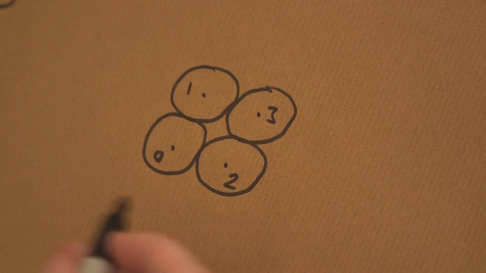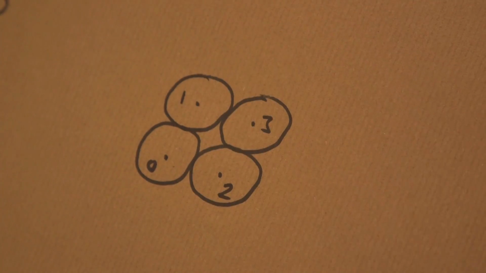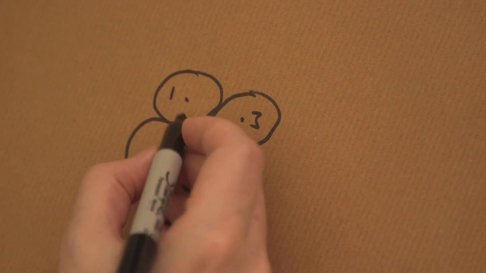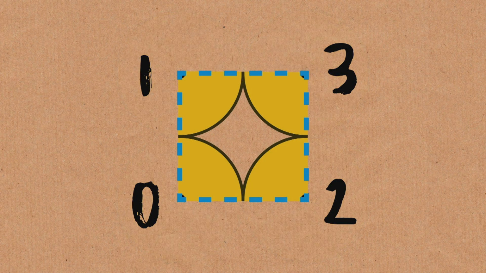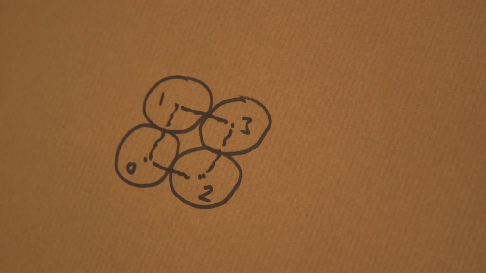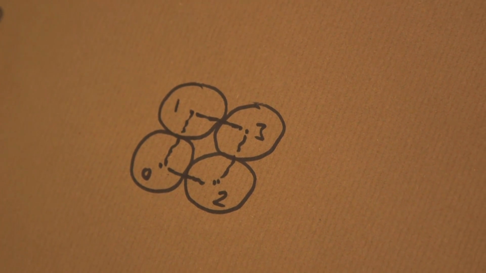First of all, what's the density of this packing? Let's just treat it as circles here. If this extended forever, we would have a packing of circles. Let's just create a unit that I can repeat over and over again, and that will be the full packing. If I can work out the density of this unit I've made, then I've worked out the density of the packing. So I've made a little square here, and if I just repeat that square over and over, that means I get the whole packing.